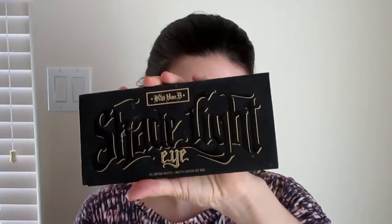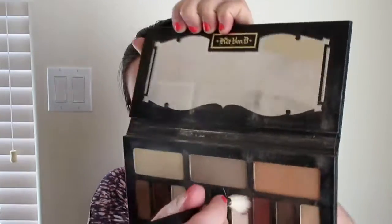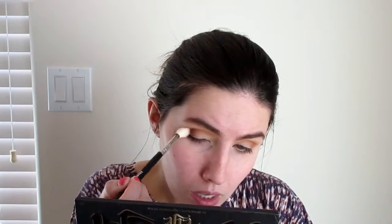And don't worry if it gets on your eyelid or anything, because we're going to put a darker shade there. It won't really matter. I'm going to take the shade Light and Eye palette from Kat Von D, and I'm going to take my M441 from Morphe, and I'm going to take that red maroon color right there. It's not completely red, but it'll do. I'm just putting that on the outer corner